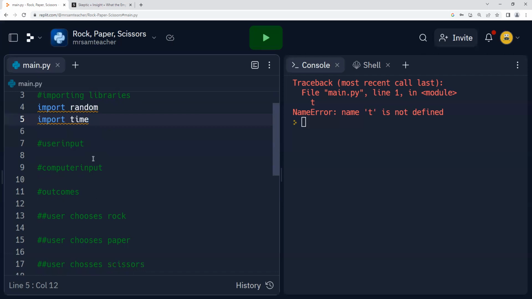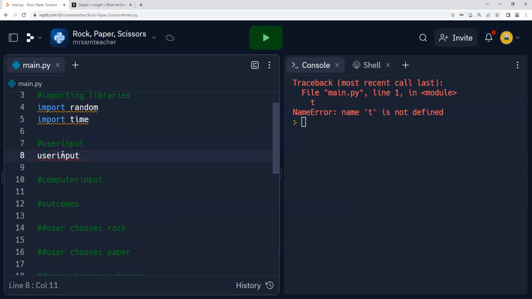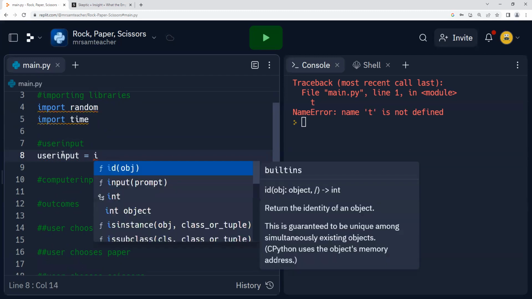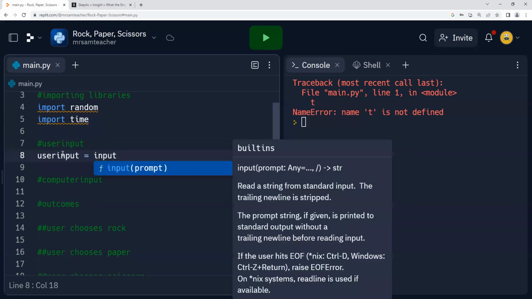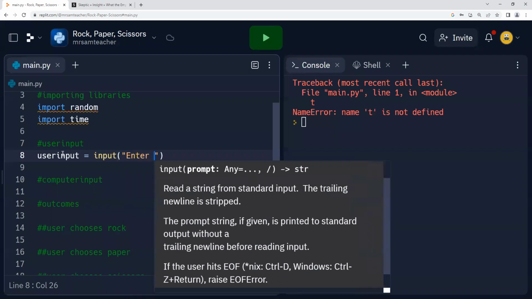All right, so we got our libraries. Let's do something pretty simple. We're going to call this variable user input. So user input is going to equal, and we want to make sure that we get a prompt for them. So we're going to have input. We're going to have them read whatever our prompt is, write something, and hit enter. Something that sounds about right for rock, paper, scissors is